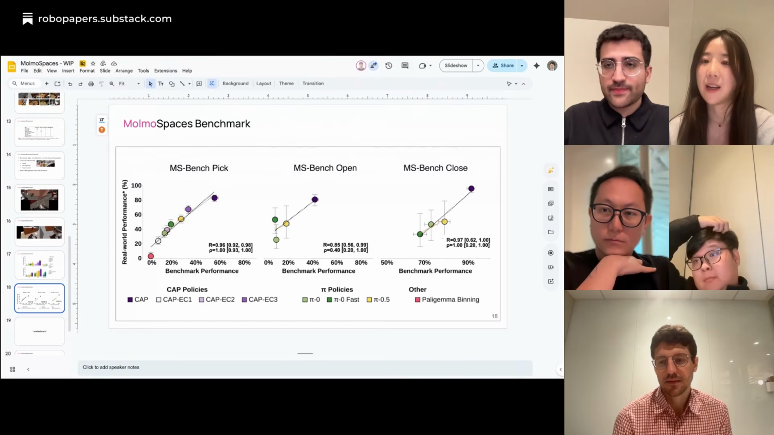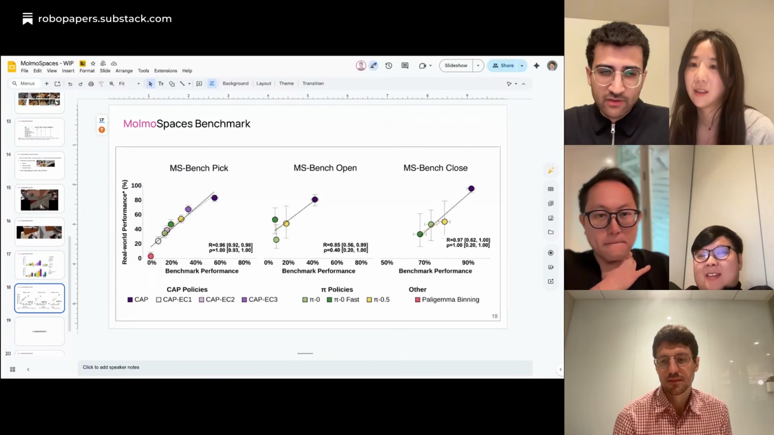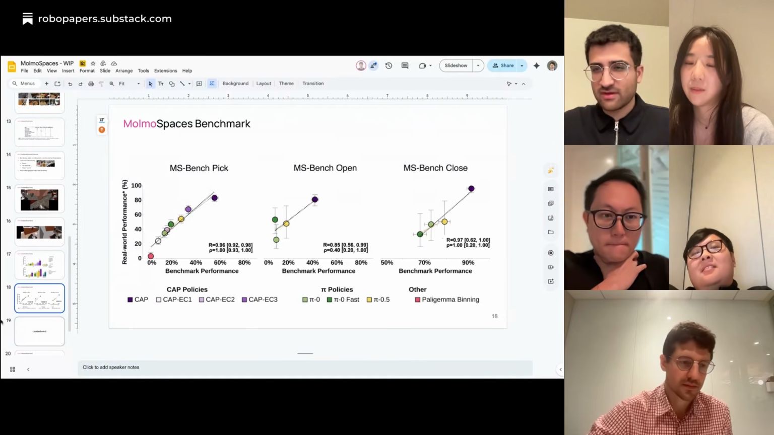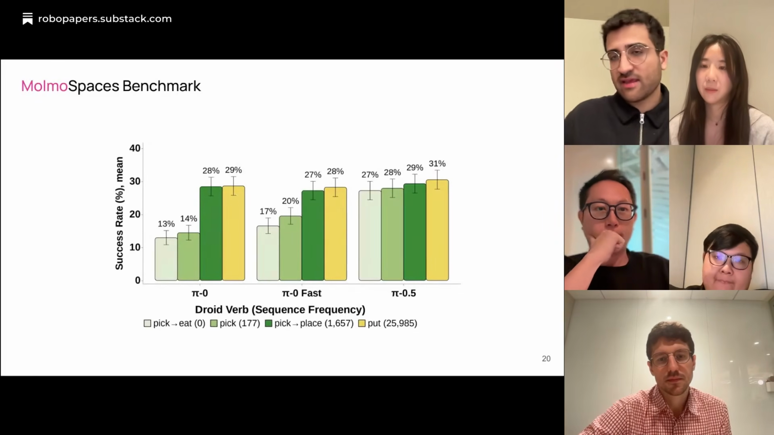And picking, because it's articulated, so the joint is constrained. Max, if you go to the 20th slide, there's the distribution evaluation. Yeah, so one more thing that we're able to test on MolmoSpaces, given the scale that we have, is